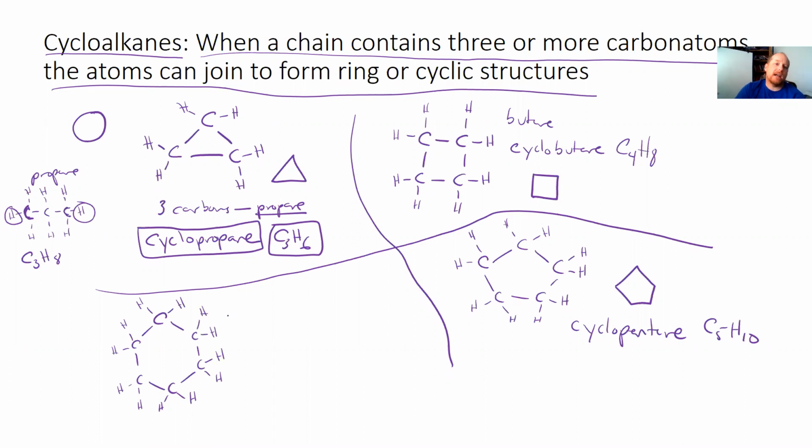All right, so cyclohexane has 6 carbon atoms in a row. It's C6H12. Now remember the bond angles for methane: carbon likes to make tetrahedral molecule shapes. So the bond angles tend to be around 109.5 degrees. But you can see that the bond angles in cyclopropane